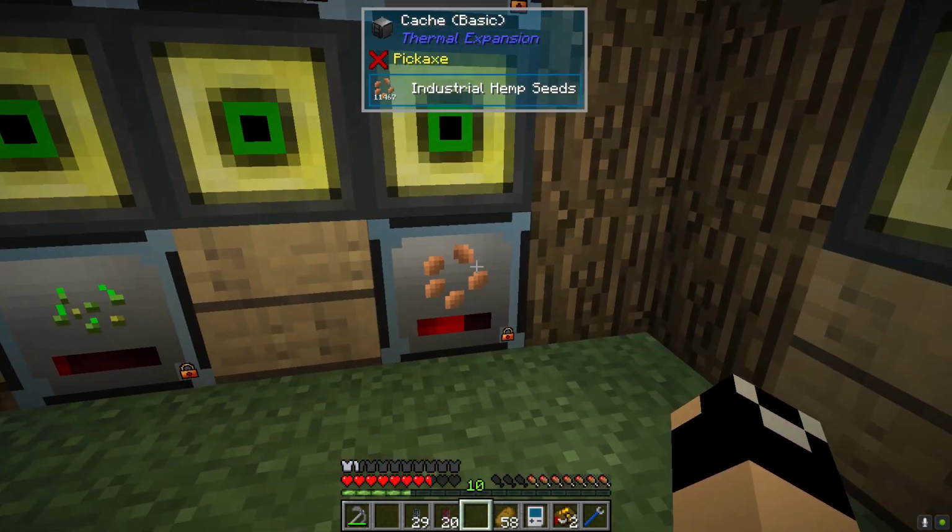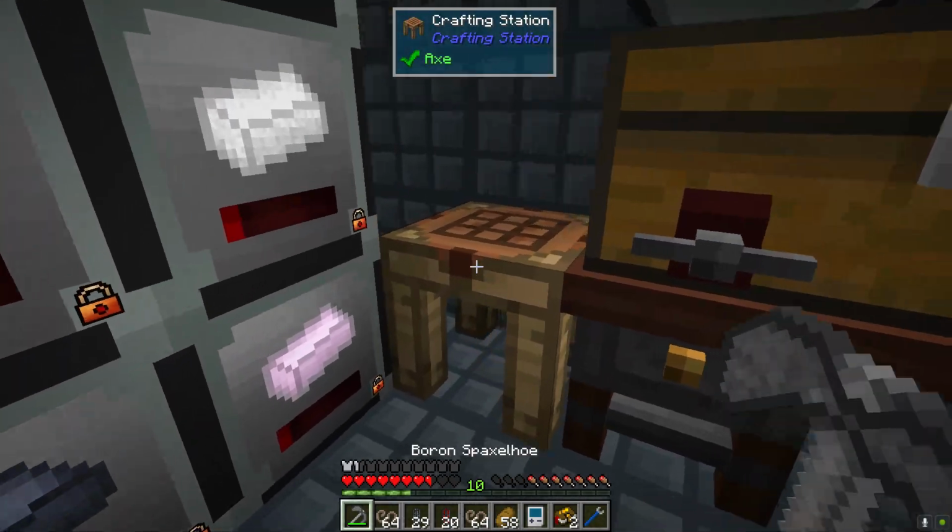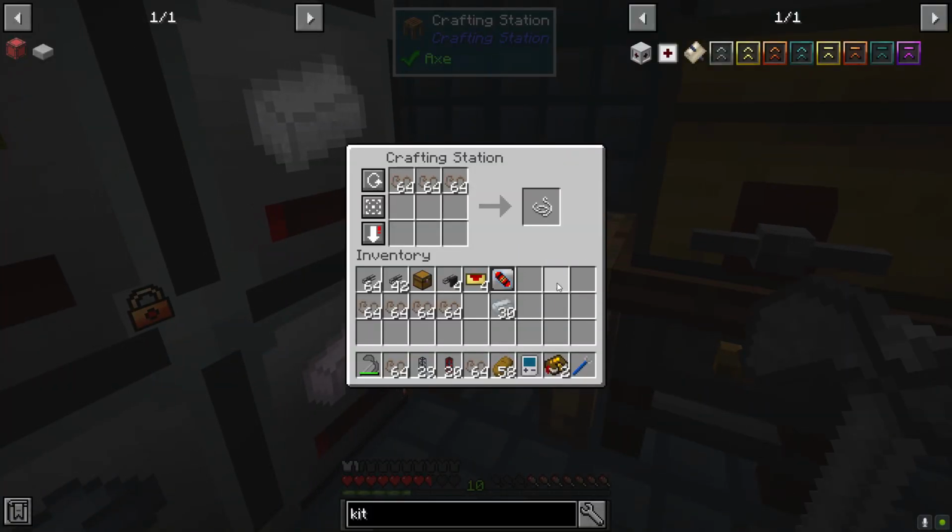And our old farms now are just 100% gone. I've gotten rid of them totally after getting our wood set up. And the wood we have a lot of, because we're going to be using that. So let me go ahead and make a bit of wool, and the cable that we're going to be going with for infinite transfer